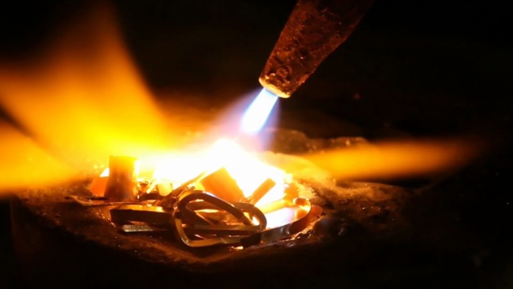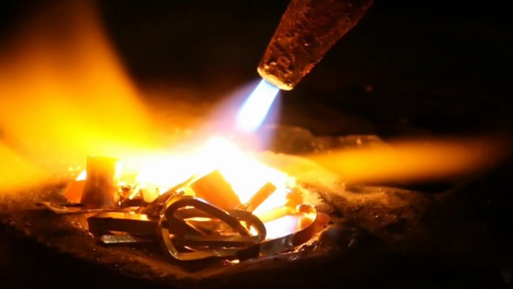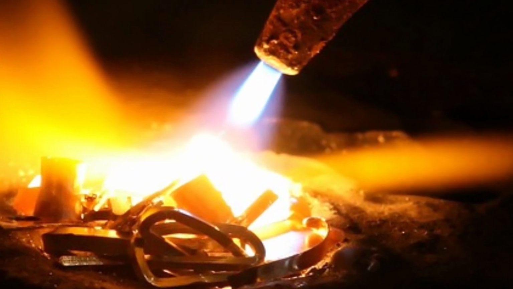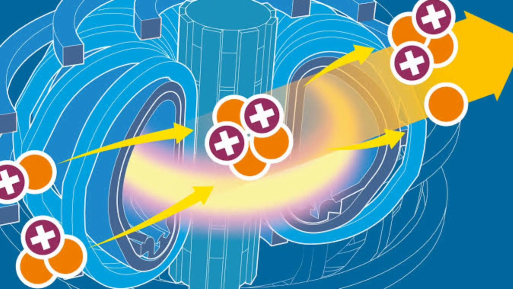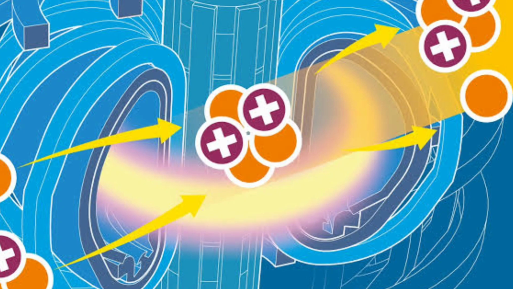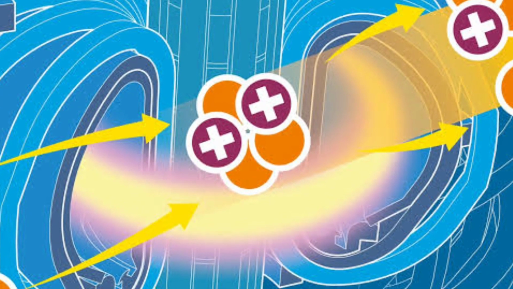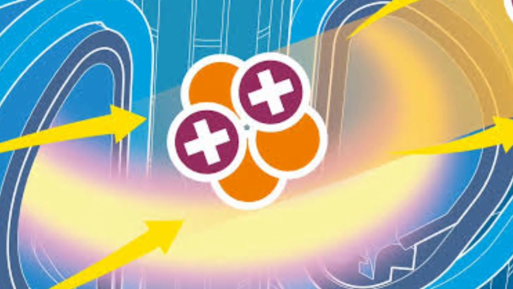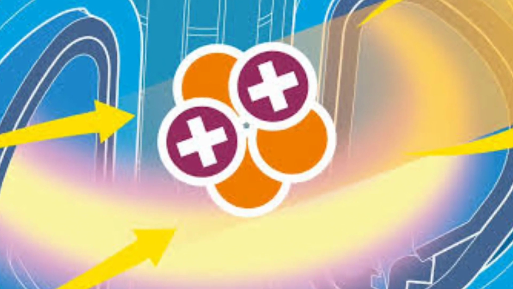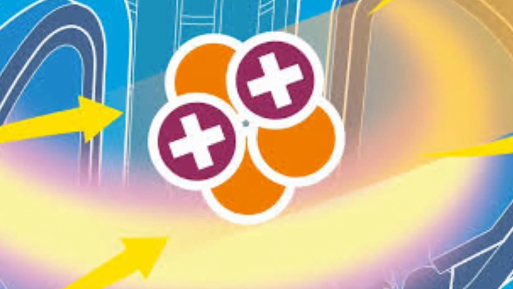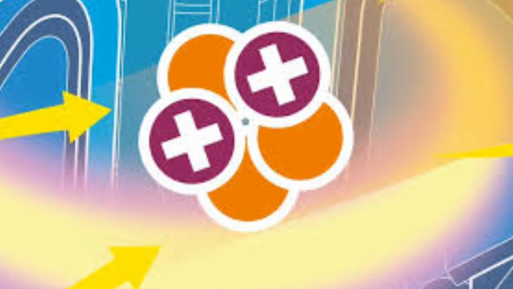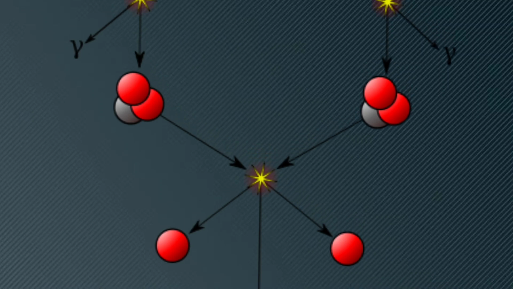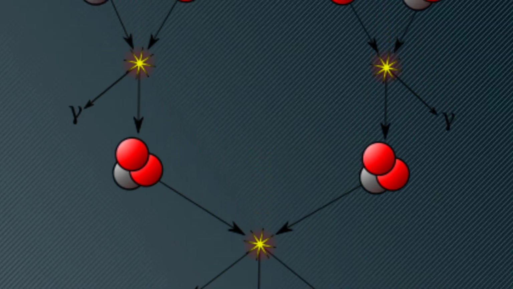On Earth, replicating the extreme conditions required for natural fusion reactions is a significant challenge. The most promising approach is using isotopes of hydrogen, specifically deuterium and tritium, in a controlled environment called a fusion reactor. Deuterium is an isotope of hydrogen with 1 proton and 1 neutron, while tritium has 1 proton and 2 neutrons. These isotopes are chosen because their fusion reactions release more energy, and require lower temperatures and pressures compared to